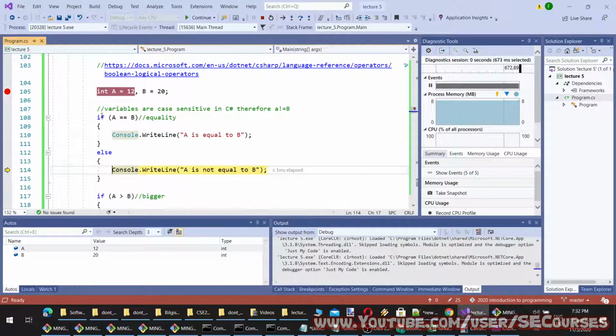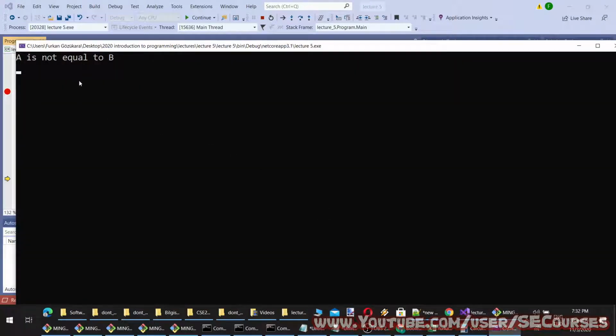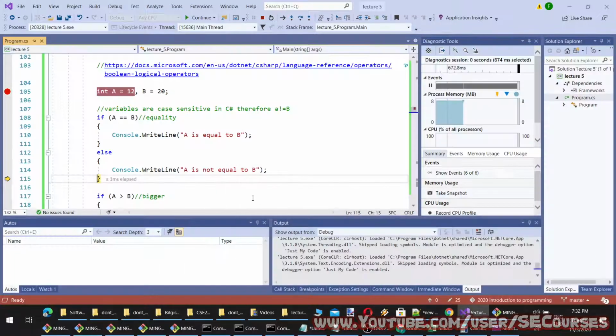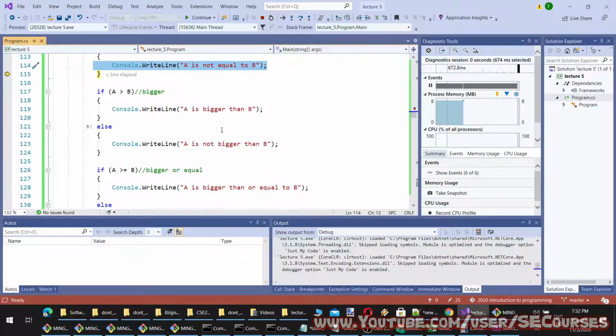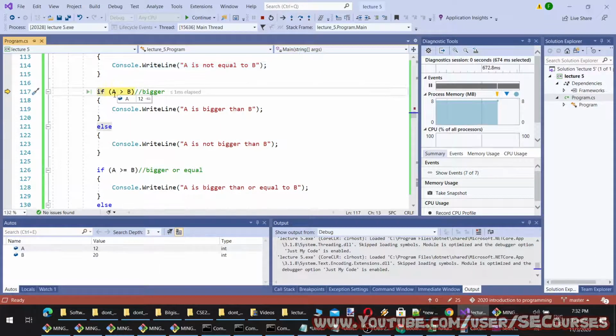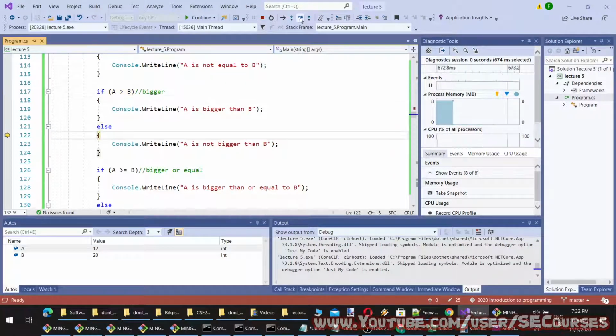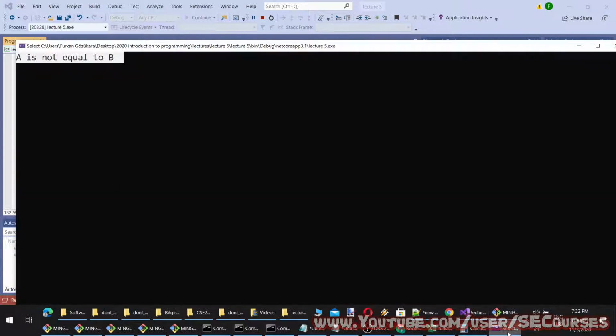Okay. So if is not satisfied, then it enters into the else. And it has written this to the screen because that was the command we have written here. Then it checks if A is bigger than B. And since that is also false, it is printing this onto the screen.